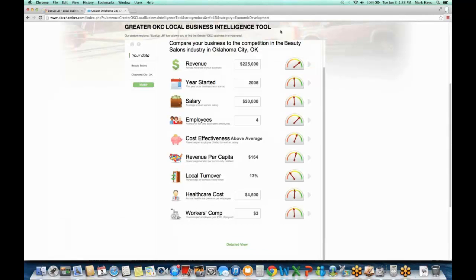So if I'm a small business owner wearing every hat in my organization, kind of like if I'm a chamber employee, I go in here and I make sure that I'm working on the things that need to be worked on. And maybe I can spend less of my time on the things I'm doing well on. And I can work my budget that way.